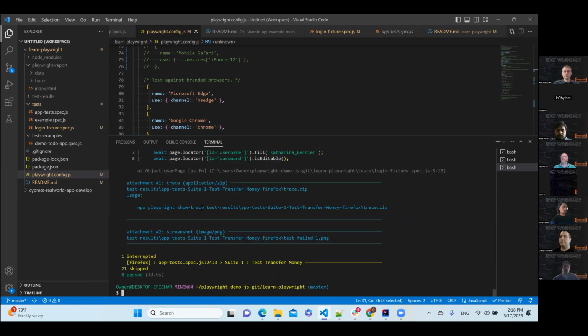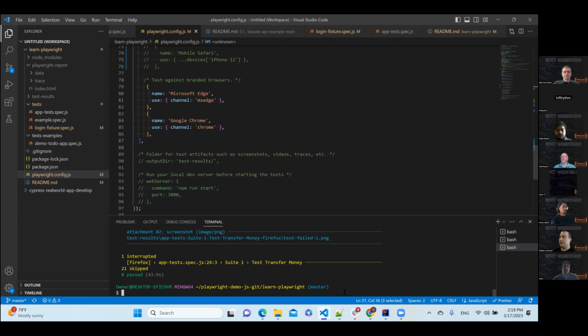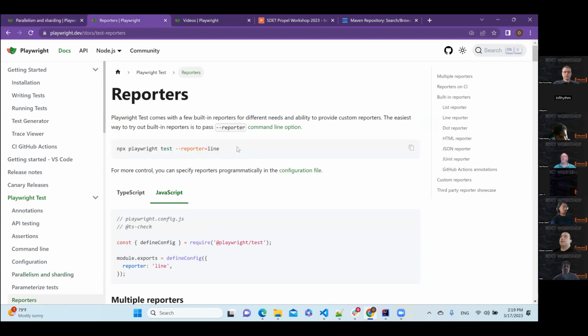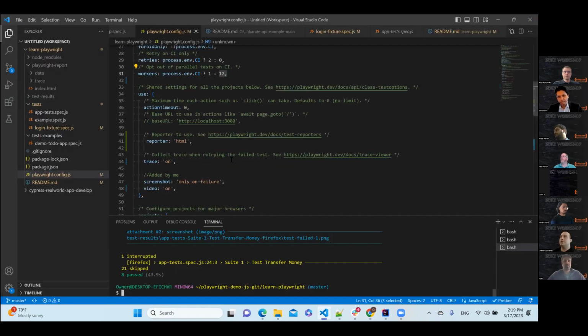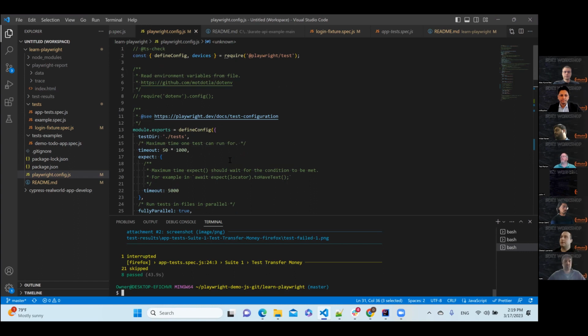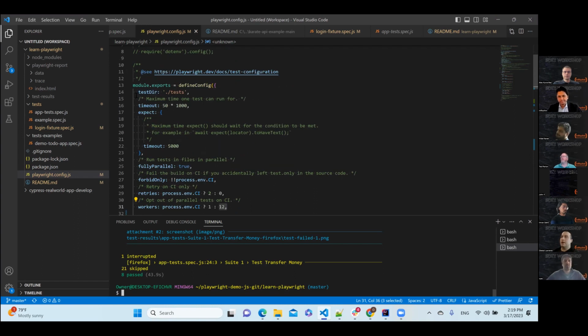Okay, and as a nice feature, what is a big advantage of Playwright? Reporters. At the beginning, you have a line report, but honestly, it's not super useful. You can try it. And again, I come back to the config file. In the config file, we have a lot of very important options.